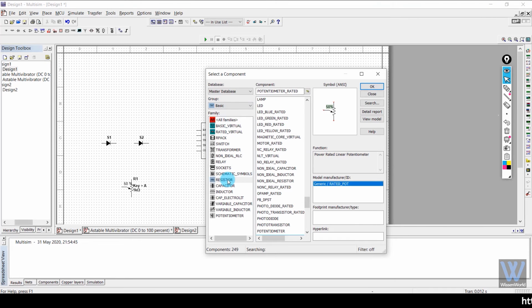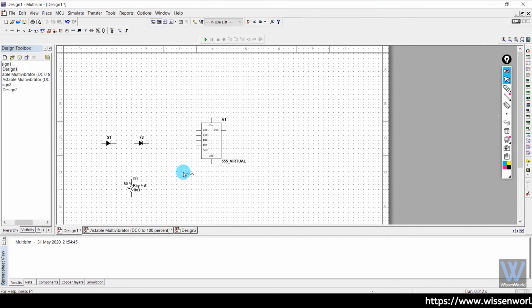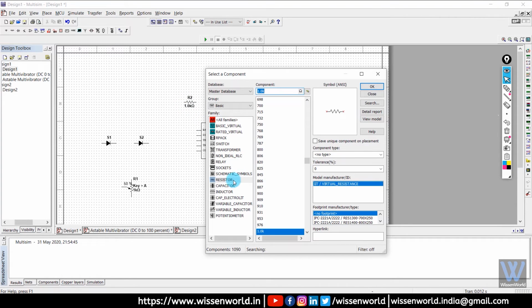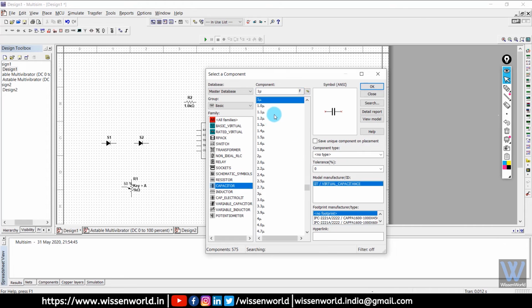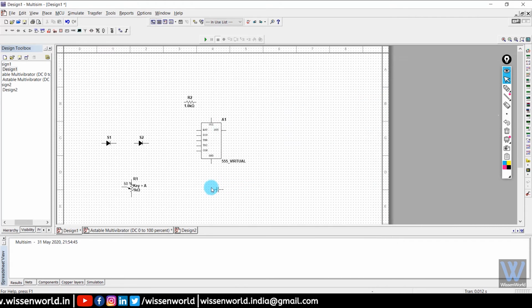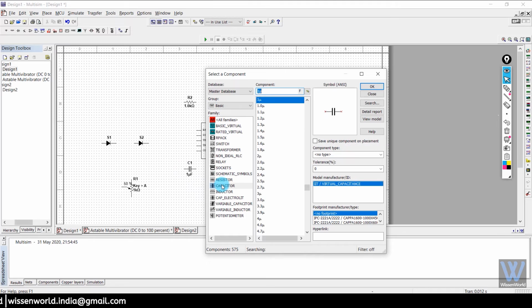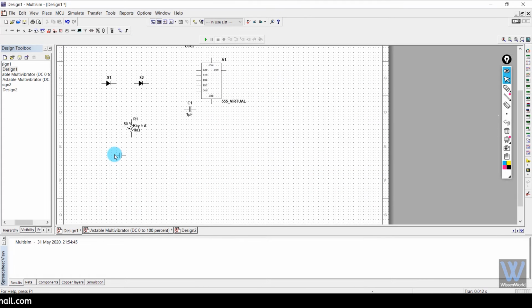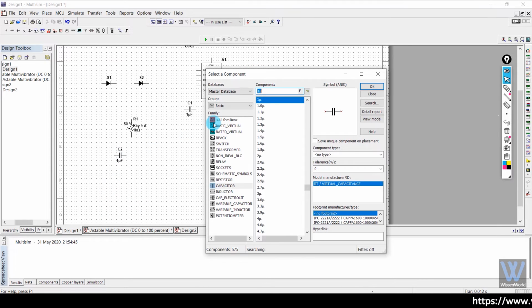Here we will select resistors. We will place our required resistor, and we need two capacitors. This will be our external capacitor. Now all the basic components are placed.